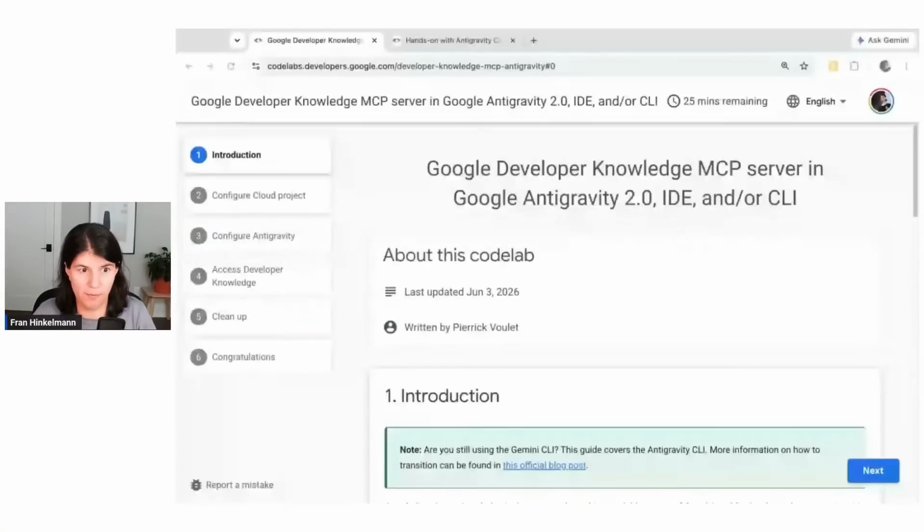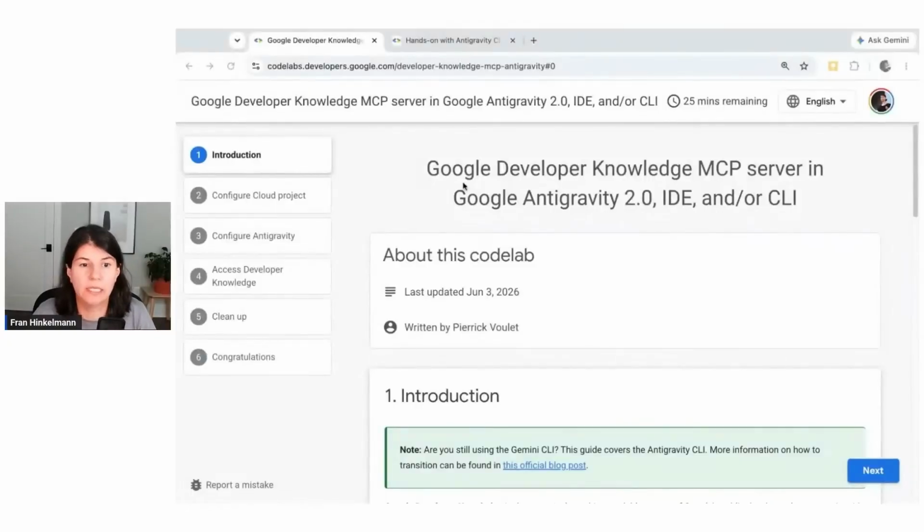I'm Fran Hinkelmann. I lead the AI DevTools team in Google Cloud DevRel, and I'll guide you through the code labs for day 2. As Smitha already said, we have 2 more excellent code labs. The first one will look at how to make your agents even more powerful by connecting them to external tools and canonical documentation using MCP. Second, we'll show you how to run the same agentic workflows directly from your terminal using the Antigravity CLI. So let's look at the first code lab.